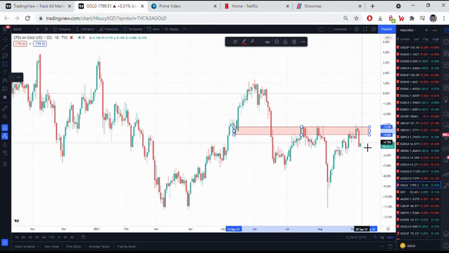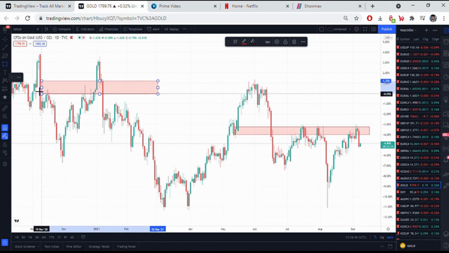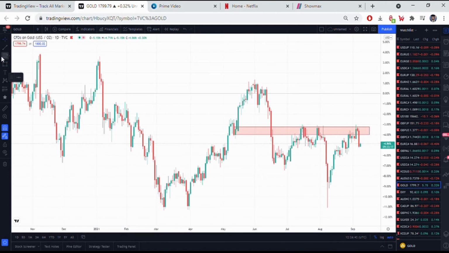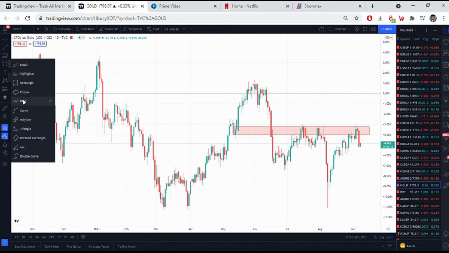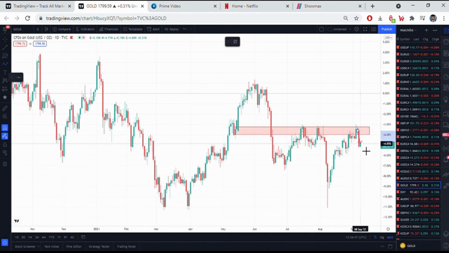So the market respected this level. All right. Some have already sold here. Some are waiting for the market. Now let me just show you the possibilities that are going to take place here. The market is going to push down here, come back, respect this level, then push to the upside, come back, respect this level, then push to the upside. All right.